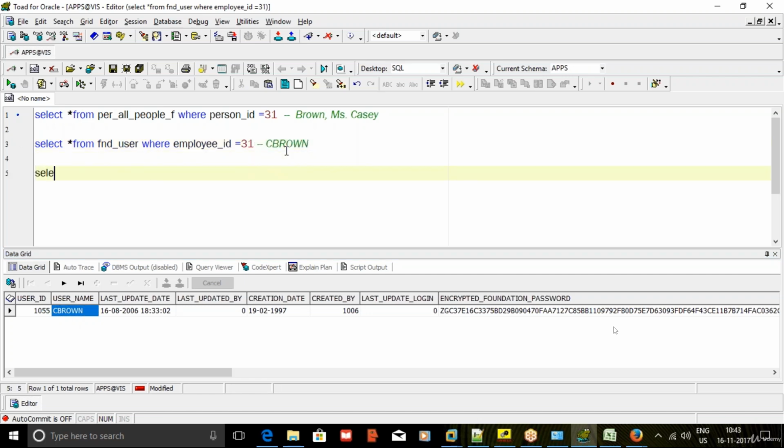Now, who is the other person having the rights to approve this one other than Brown Casey? Now you will decide. Whoever is the supervisor to Brown Casey, he is having the right to approve. So totally two persons, Brown Casey and Brown Casey's supervisor. So supervisor information is stored in per all